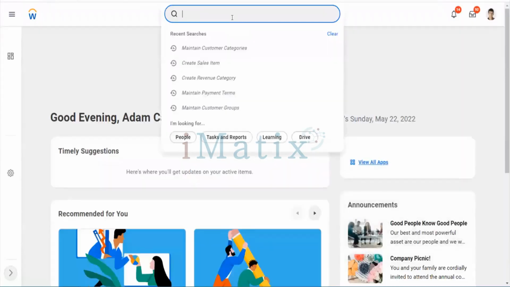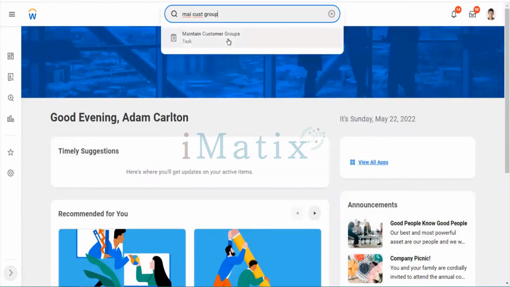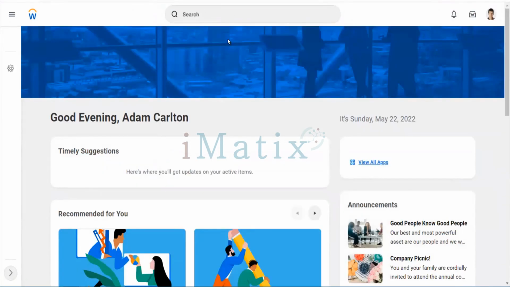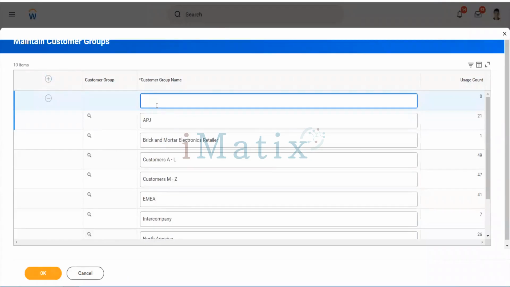After that, maintain customer group. We would say again US customer group, just to make it unique.